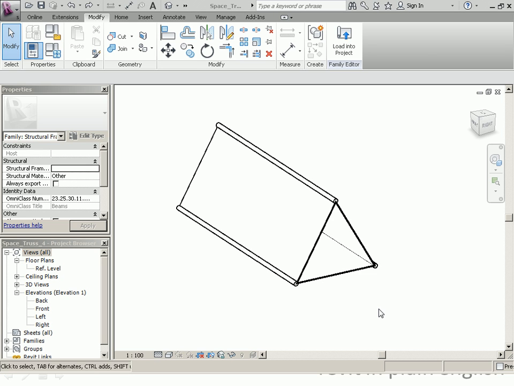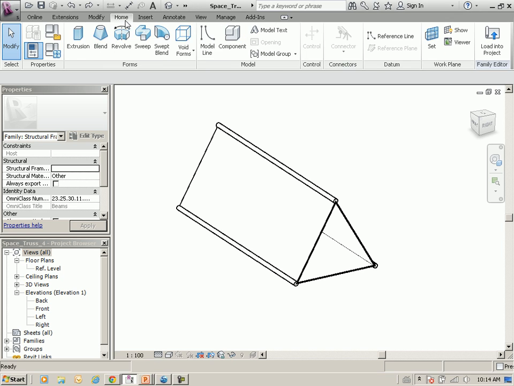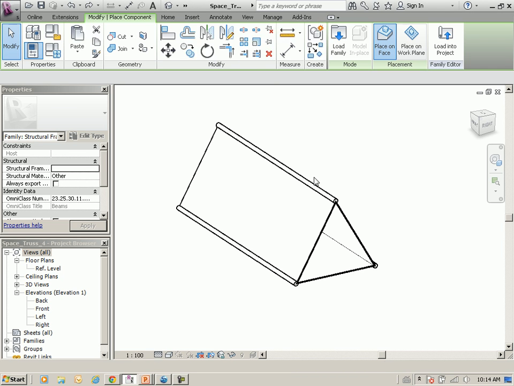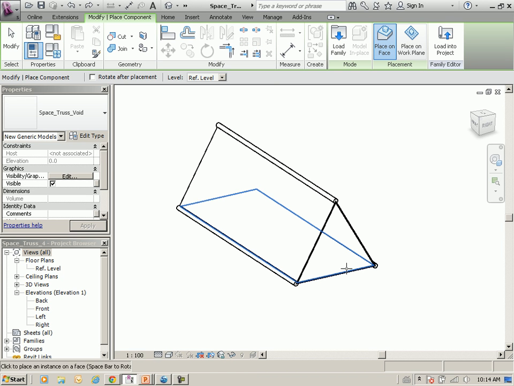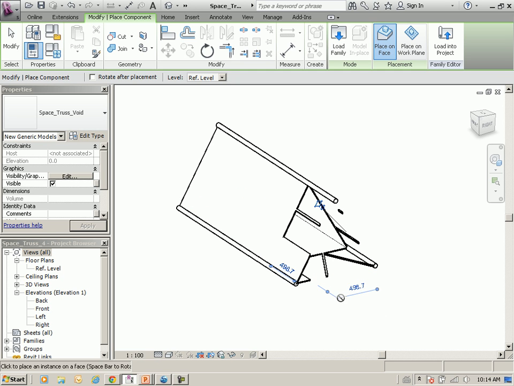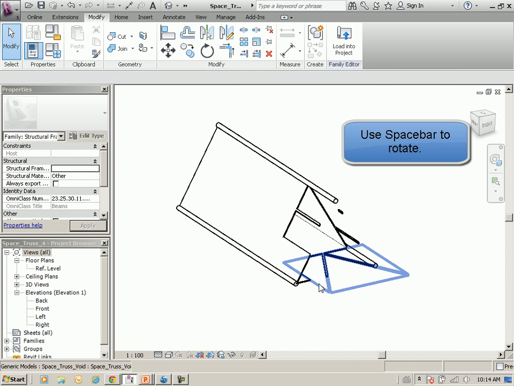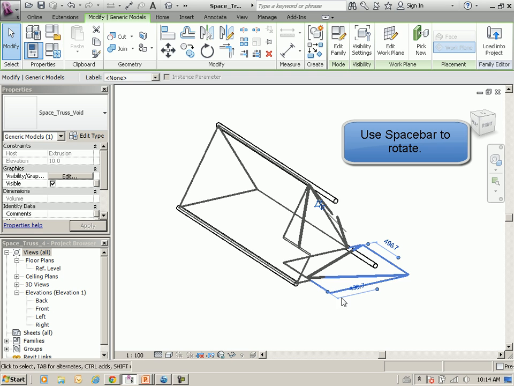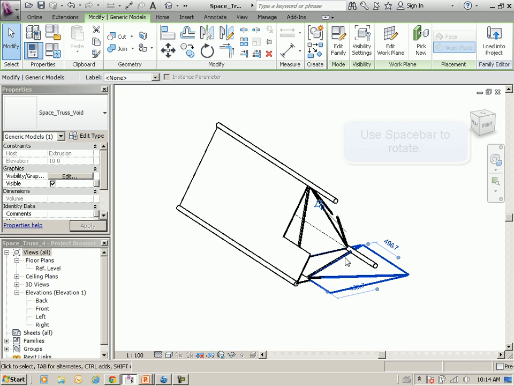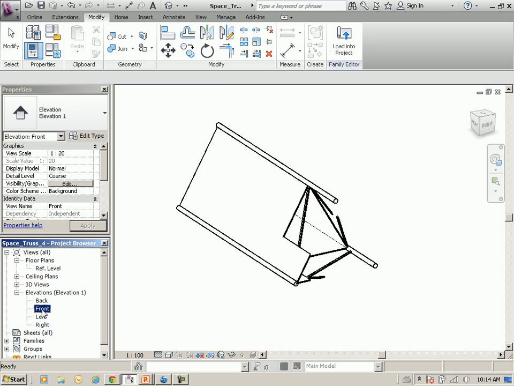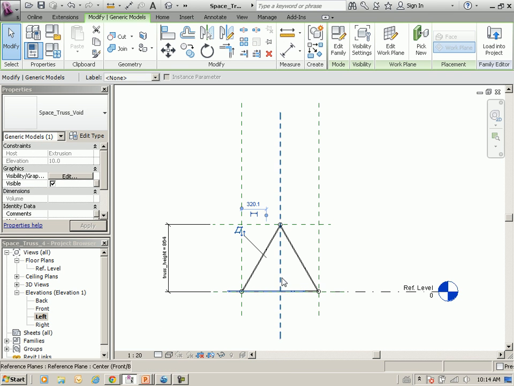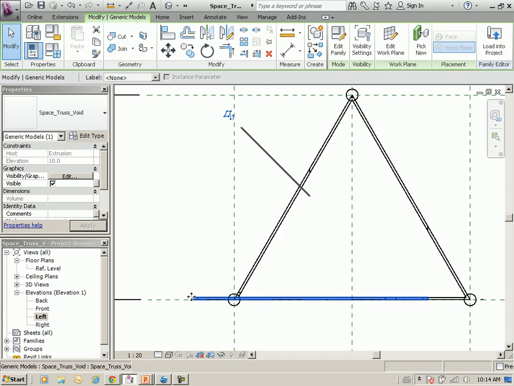Okay, so we can put in this void family, and I will explain how to make that void family in a second. I just want to show you the results from it. If I go to component and then drop that in, now I can click on this little void family and spin it around. You can see that wherever it's going through, this web is its host, and it's going to cut through it. So if I go to, let's say, left elevation, there it is, but you can see that it's a little